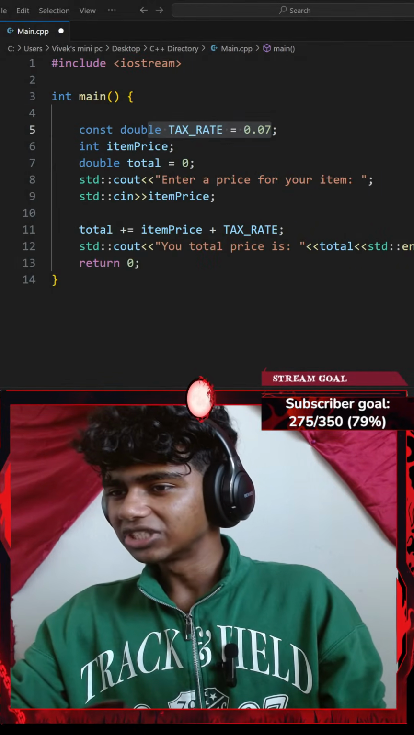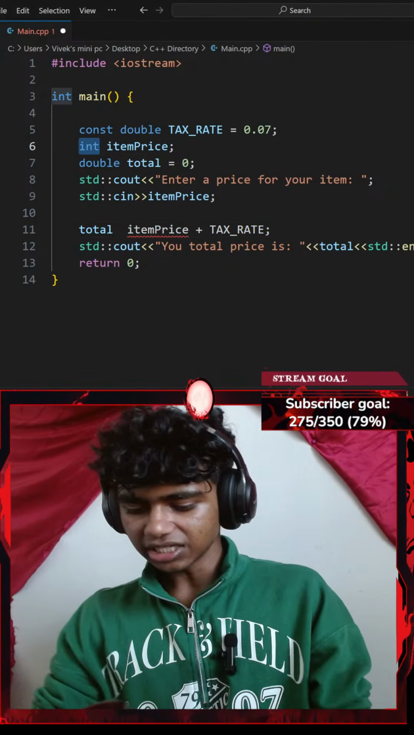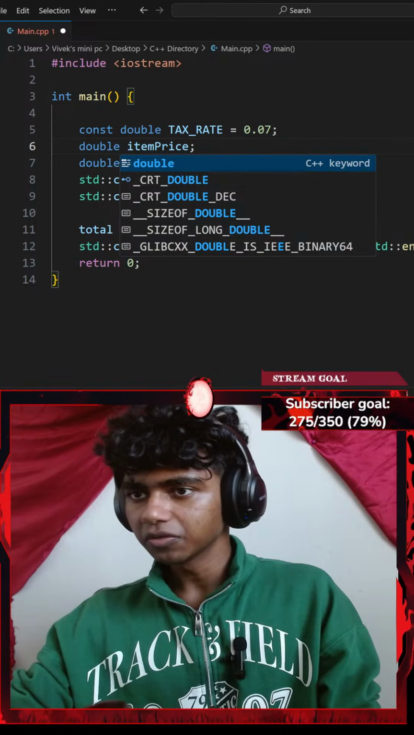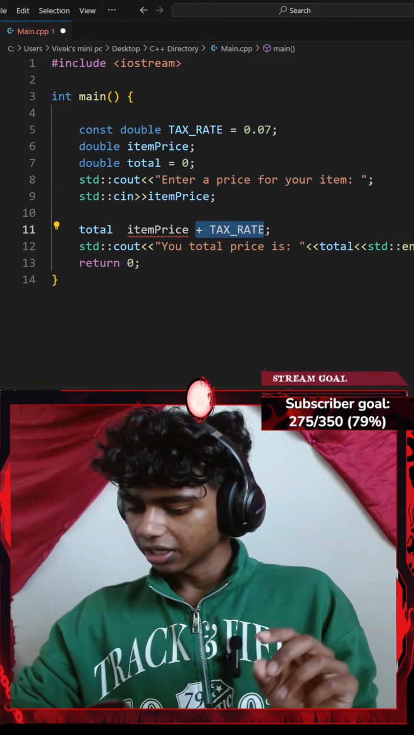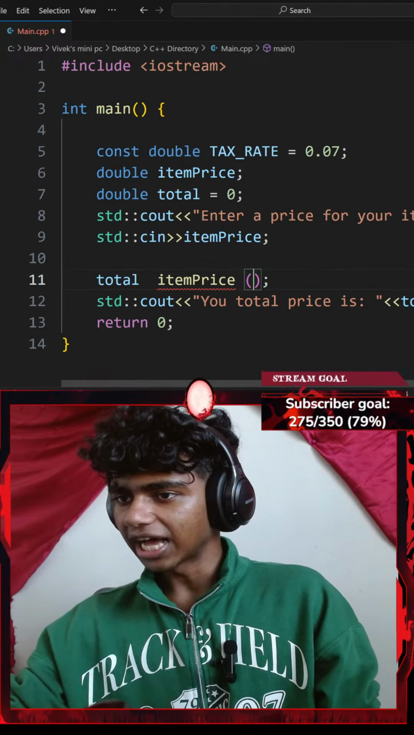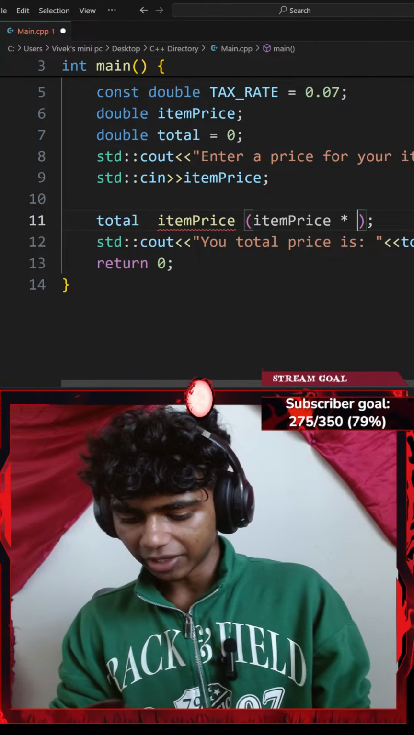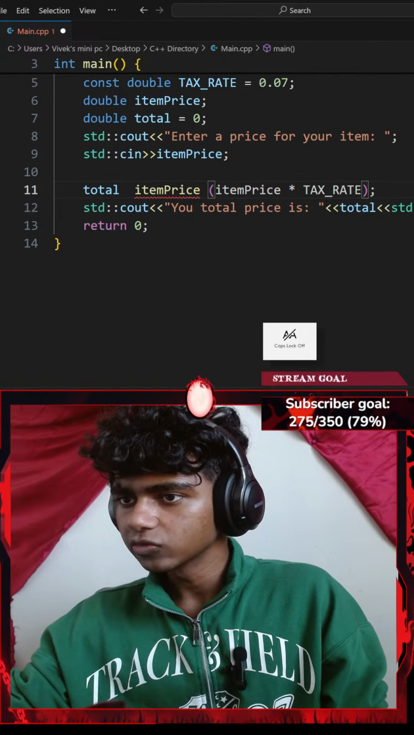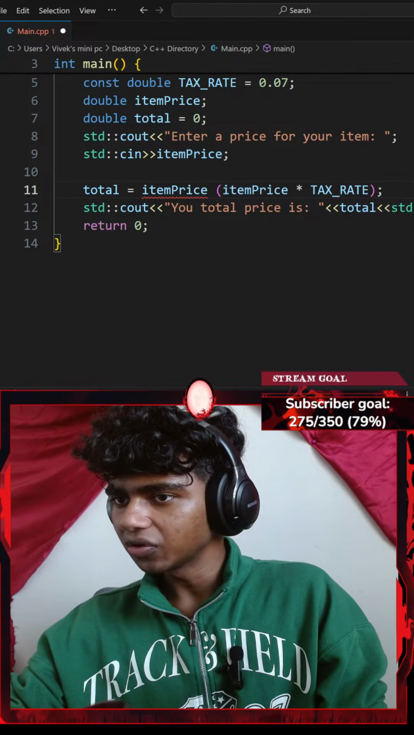Okay, that said, the mistake that I was doing, I have to set my total variable equal to something, and since it is a price, I will change this to double. Okay, so total equals my item price. Then in a pair of parentheses, I go with my item price variable multiplied by my tax rate. Okay, did I have to add something? So total equals item price